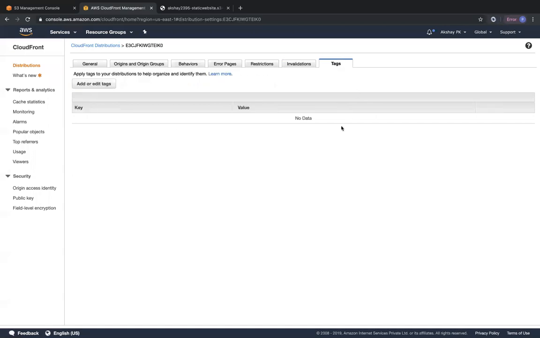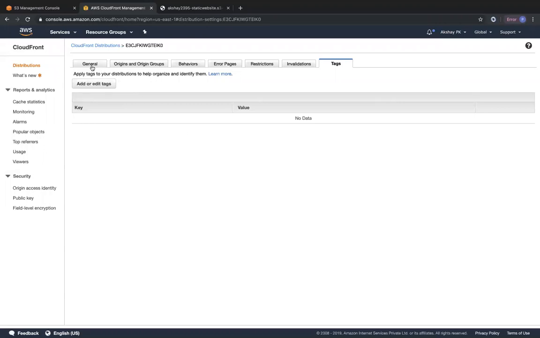And then tags, like we know, you can add or edit tags. You can have around 50 tags for your CloudFront distribution. And we saw at the start, tags were mainly used to find out for which particular project which resources are applicable. And it also displays in your cost allocation report, which we saw with S3 as one of the configurations. So tags are nothing but a key value pair that you associate with the distribution. So these are all the properties.